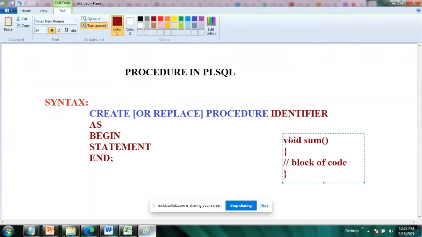Suppose you have written a block of code like this: int a, int b, then int c, and you are writing a equals 10, b equals 20, and c equals a plus b. Then you are going to print c.